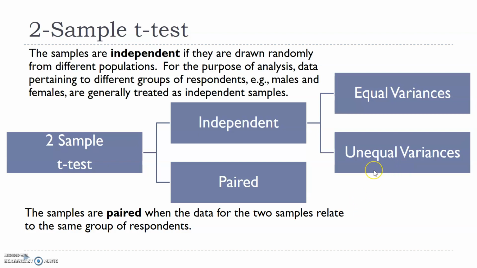A two sample t-test can be of two types. One is when we treat these samples as independent. The second one is paired. So let's discuss what an independent sample means. Independent sample means that if I take any one respondent, that respondent can be in only one of the groups. He can be either in group A or group B, so there is no chance that he can be in both groups. That's what mutually exclusive groups means, right? So one respondent can be either in group A or group B.